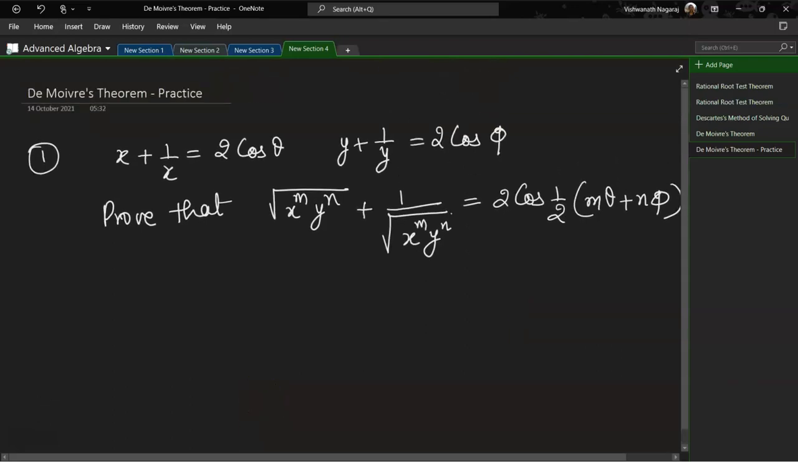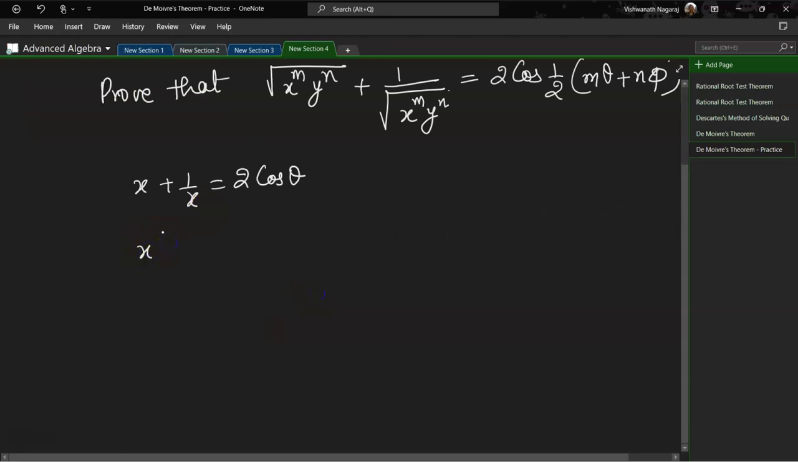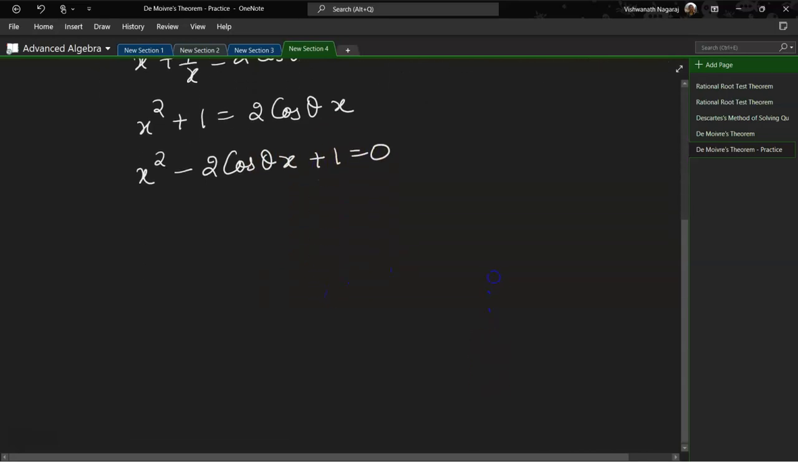So let's take the first equation, x plus 1 by x equal to 2 cos theta. Now let's simplify it. x square plus 1 is equal to 2 cos theta x. This becomes a quadratic equation: x square minus 2 cos theta x plus 1 equal to 0. So x would be equal to, by the quadratic formula, minus b, which is 2 cos theta,